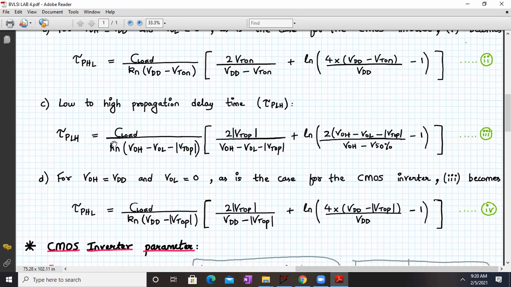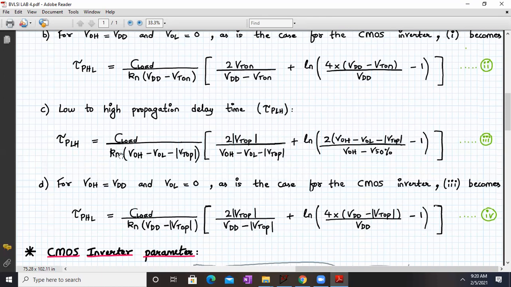And instead of K, there is one mistake over here. It should be KP, small KP. I think I have made a mistake. So it is C load divided by KP. Don't make this mistake. This is KP. Let me annotate it and write it as KP. Please don't forget to make that change. I hope that you all will remember this. Let me just clear out the drawings.